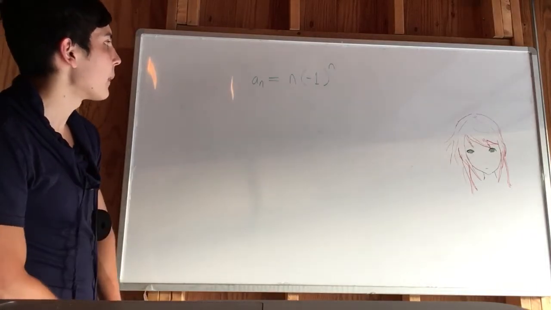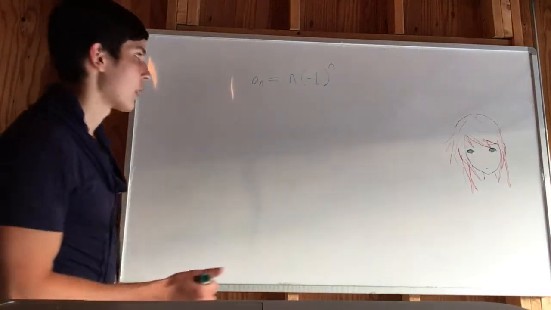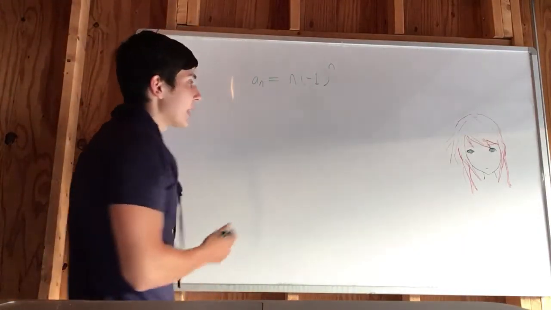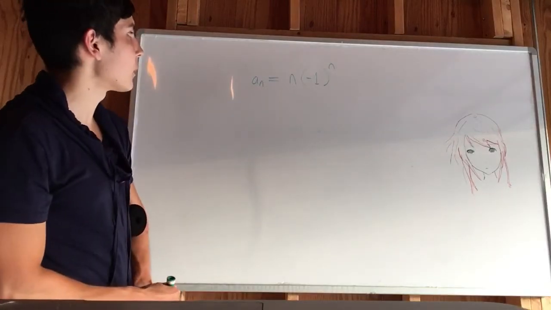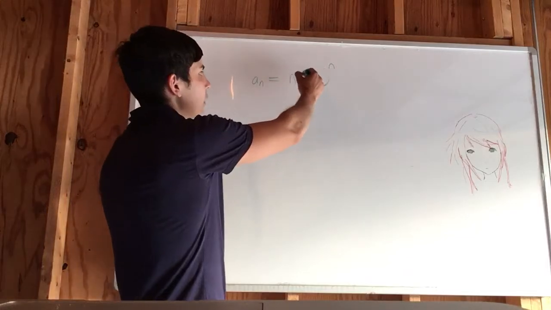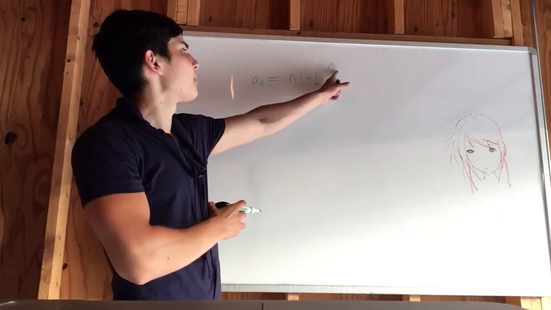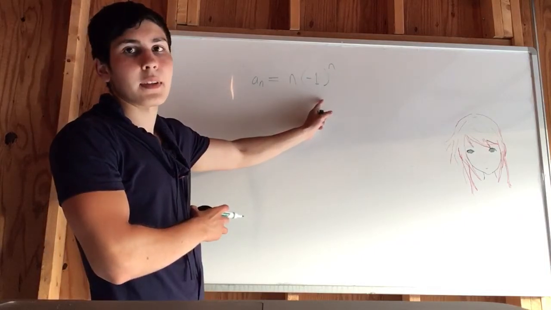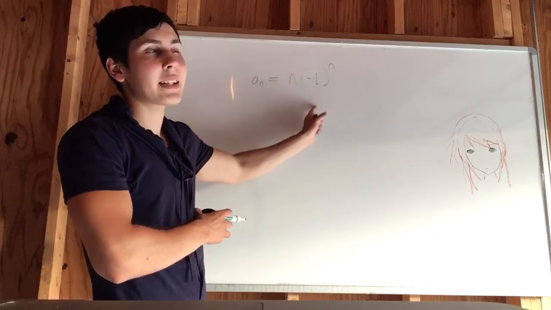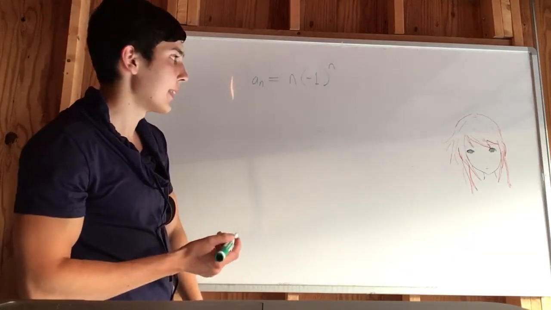So knowing that, let's first try to find out if it's always increasing or always decreasing or not. Well, with this one, we could just reason about it, because we've got a -1 here. So if we were to plug in values, plug in 1, you get a negative. Plug in 2, you get a positive. Plug in 3, you get a negative. So this is definitely not monotonic,